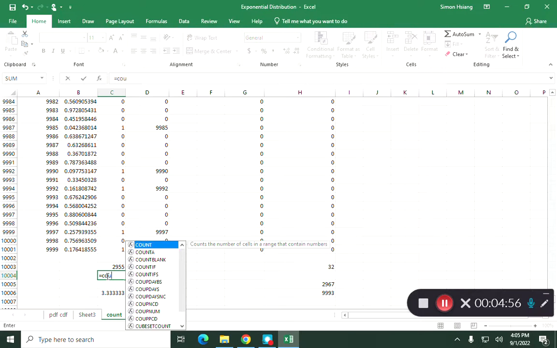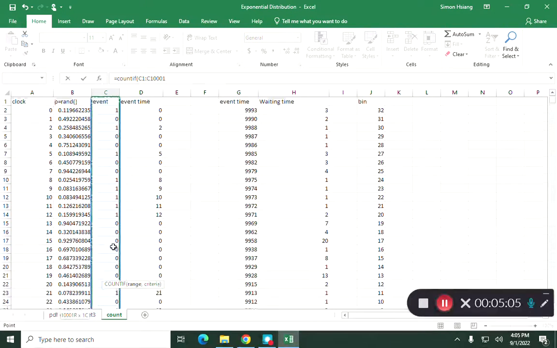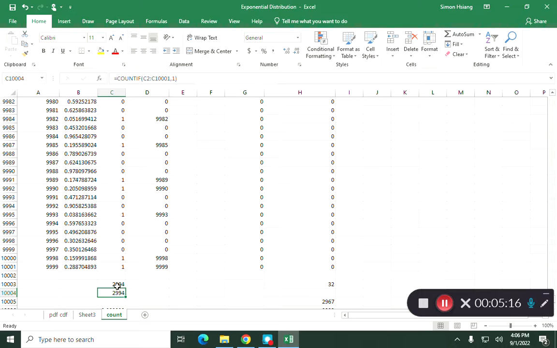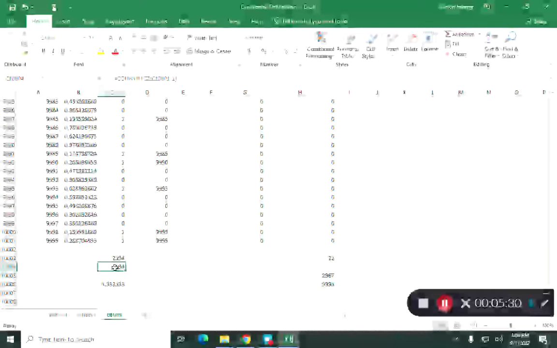There's another way you can figure that out, which is using COUNTIF. I'm just using COUNTIF from here to here, and usually I can use 1 and ask, how many times is it equal to 1? So you can use COUNTIF or sum the 1s. Both should be equal. Agree? And so if I have roughly 3,000 events, you can consider this. I have 3,000. So technically speaking, I should have how many,